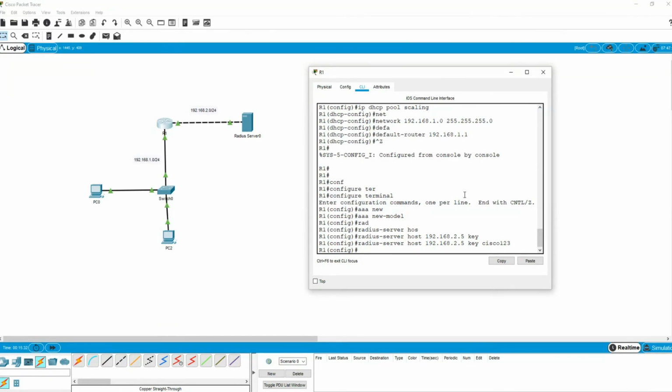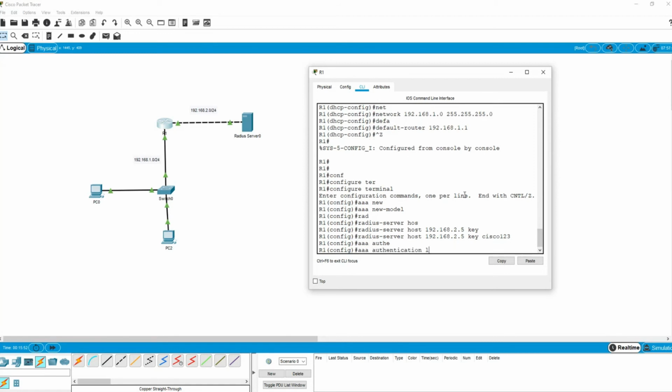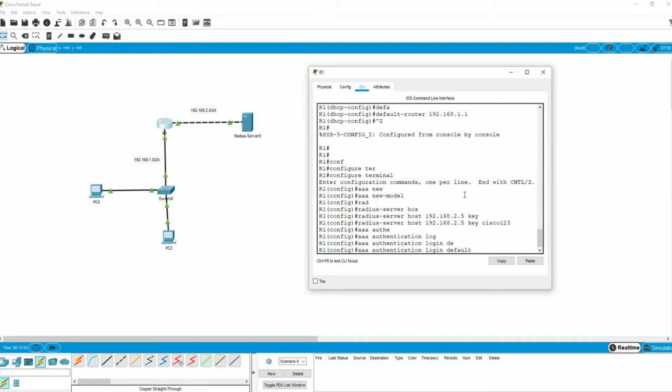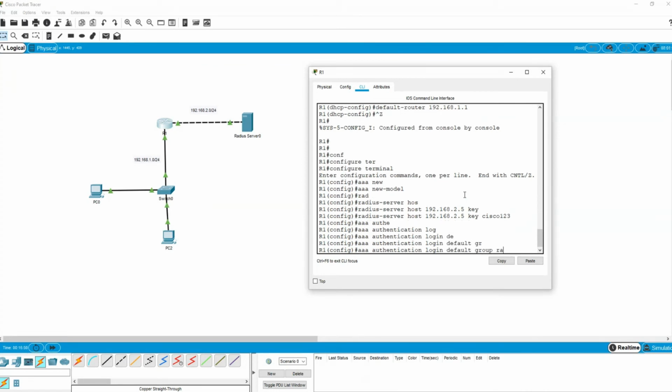Once we have done it, then for AAA authentication we need to add the group. Let me write AAA authentication login default. So we are using a default list and the group is radius.